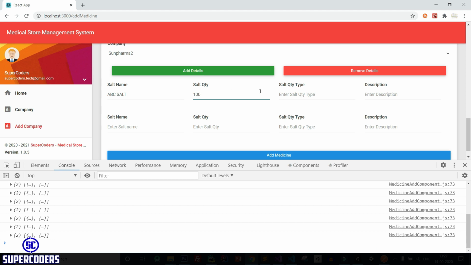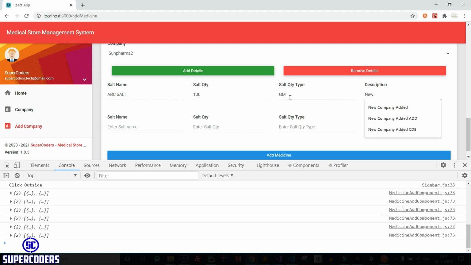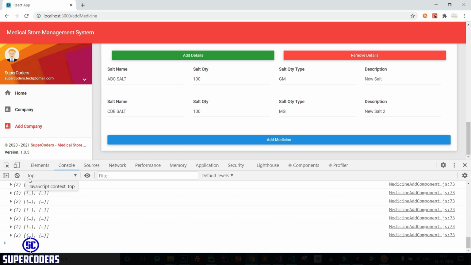Now passing salt quantity type, so GM, and description new salt. Let's CDE, salt quantity 100, type equal to mg, description new salt 2. Now click on add medicine and let's see what is happened.